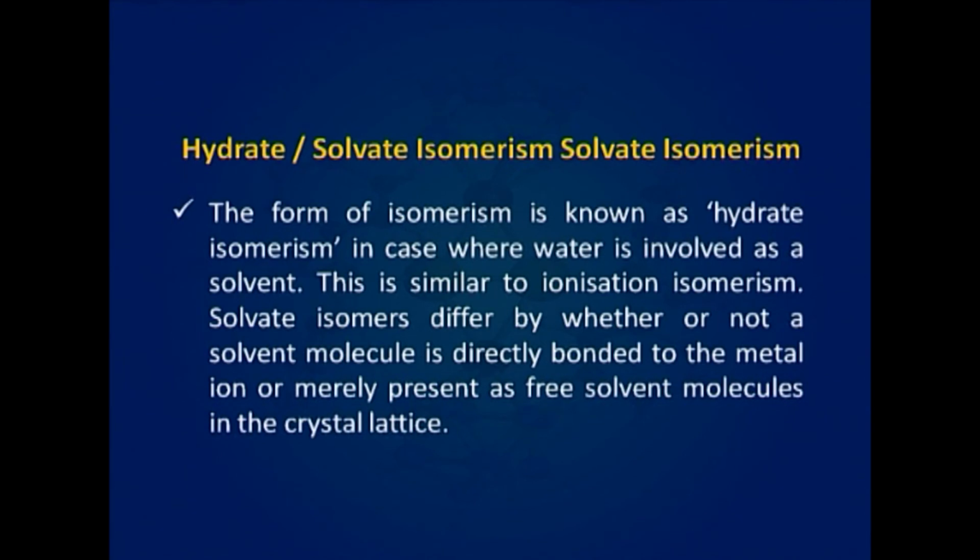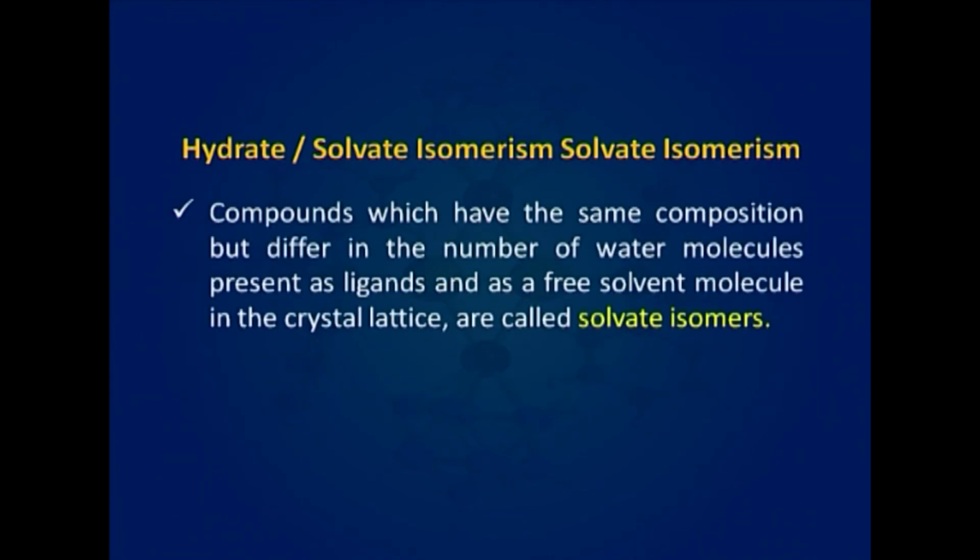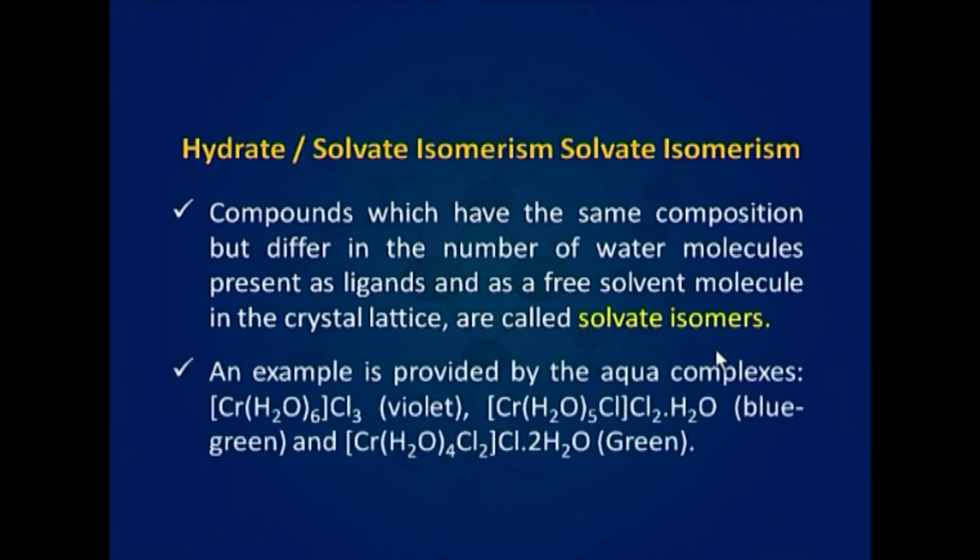Solvate isomers differ by whether or not a solvent molecule is directly bonded to the metal ion or merely present as free solvent molecules in the crystal lattice. Compounds which have the same composition but differ in the number of water molecules present as ligands and as a free solvent molecule in the crystal lattice are called solvate isomers. An example is provided by the aqua complexes, that is